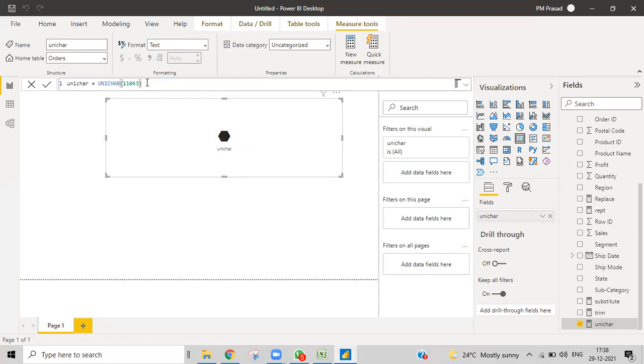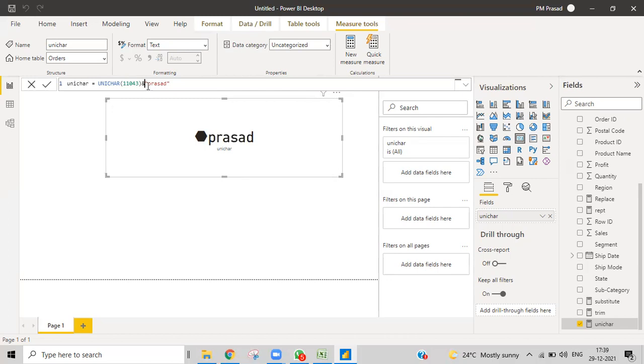Okay, and then let's say I want to use this symbol before my name. If you want to add, you can directly combine the values or concatenate, or else I'll use this ampersand, and then I can keep the name. You can see this is how it will be displayed.